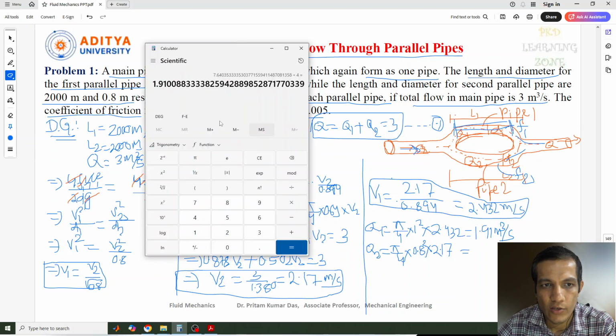Similarly, second discharge: pi into 0.8 into 0.8 into 2.17, divided by 4, 1.075